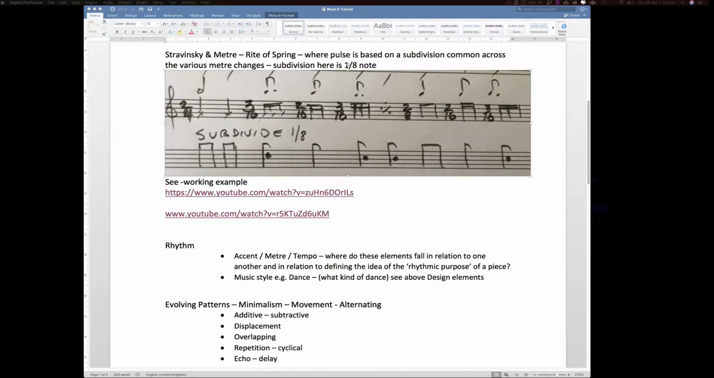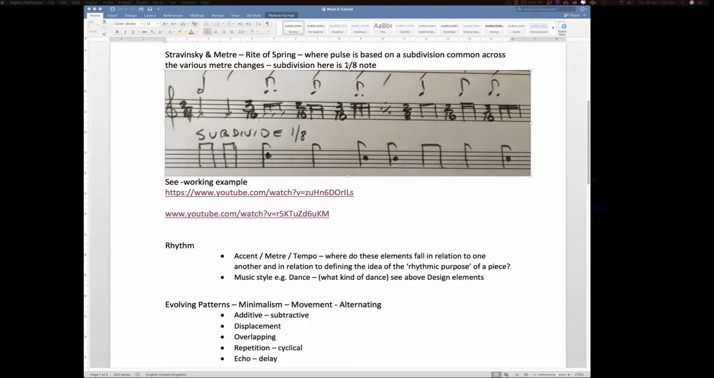Okay, so design, temporal aspects about pulse, the kinds of rhythm we're talking about. But more specifically, what I want to talk about is the idea of polyrhythms. Okay, the idea here is that we are talking about Stravinsky and the notion that